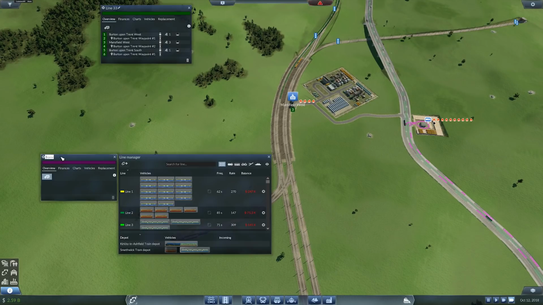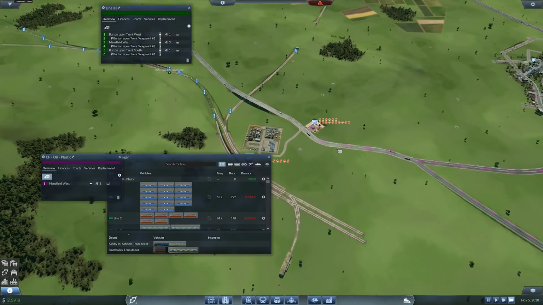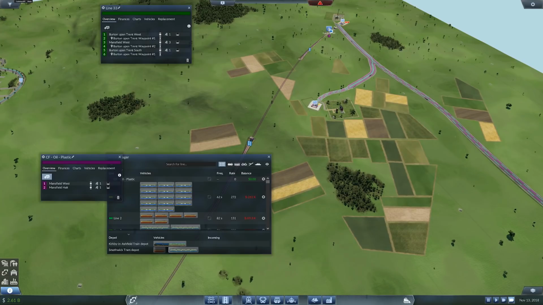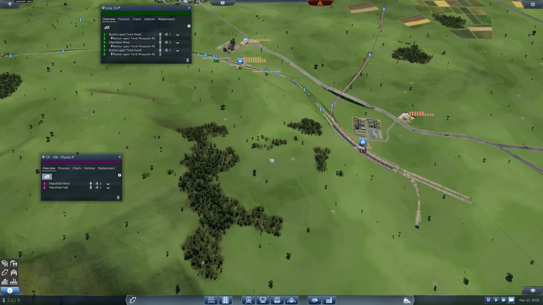I'm going to give this line an actual name. CF. This is going to be oil to plastic. Now, I'm going to run with the Naffy's wagons if we've got them. I might have been a bit premature there. If we've got them, I'm going to use them because I don't know what this train is going to want to hoik around. So that's...